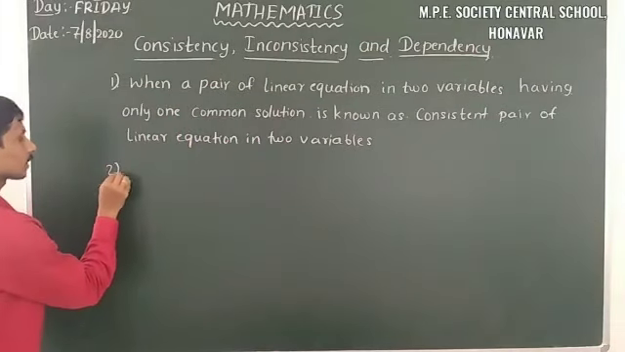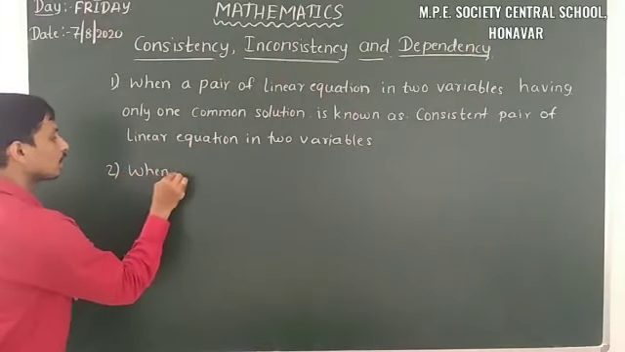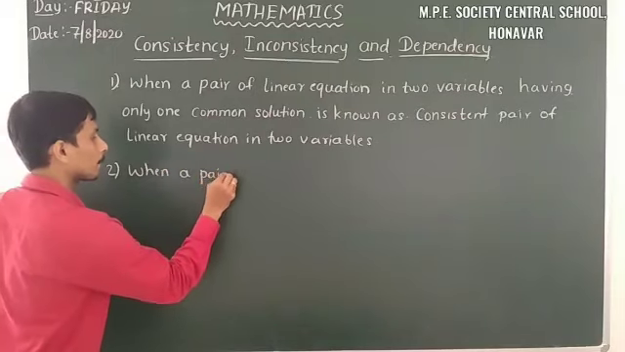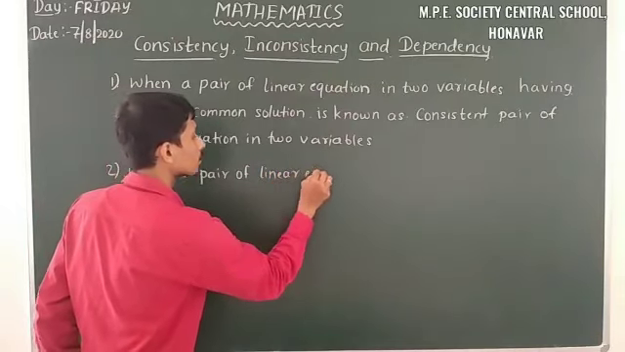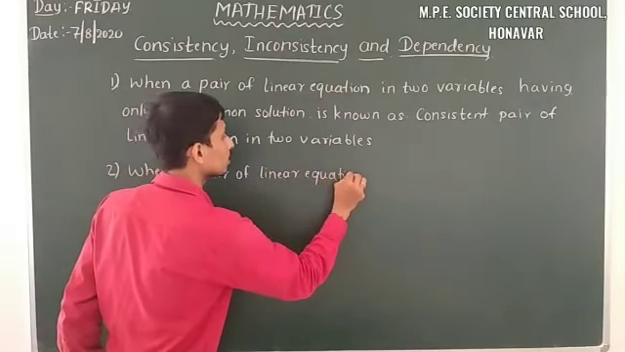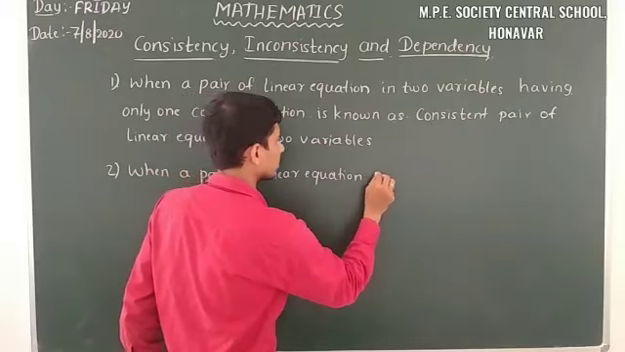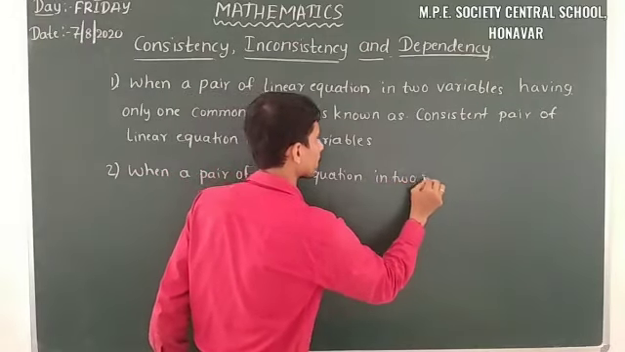That is, when a pair of linear equations in two variables